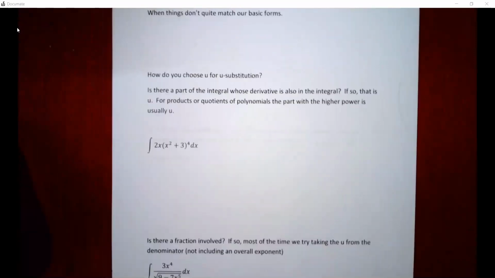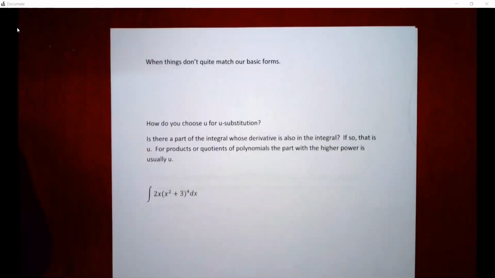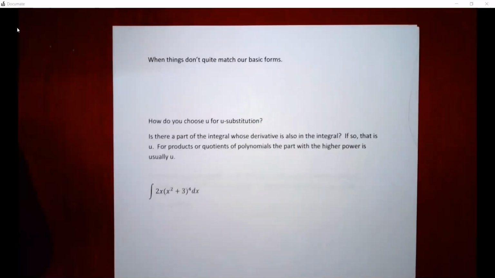Sometimes we have things that don't quite match our basic forms. We have those 17 things that we know how to integrate from our basic forms, but maybe it's close, but not quite. What did we do? We do